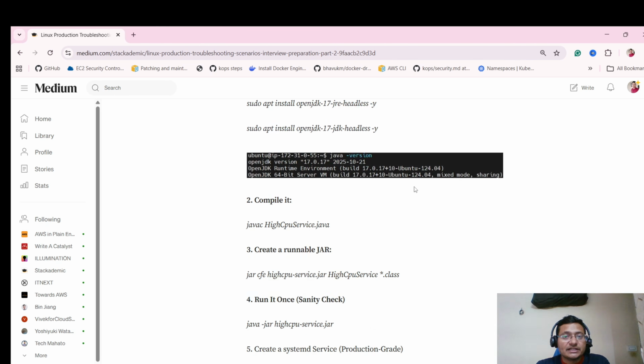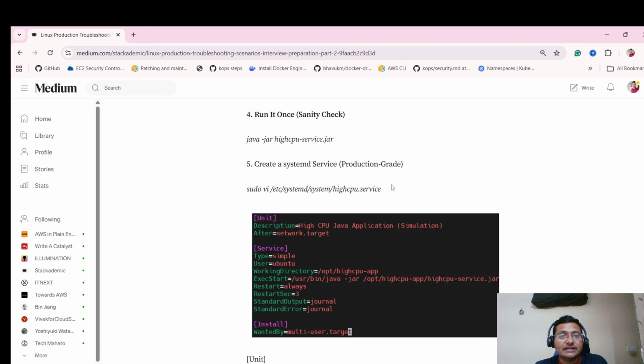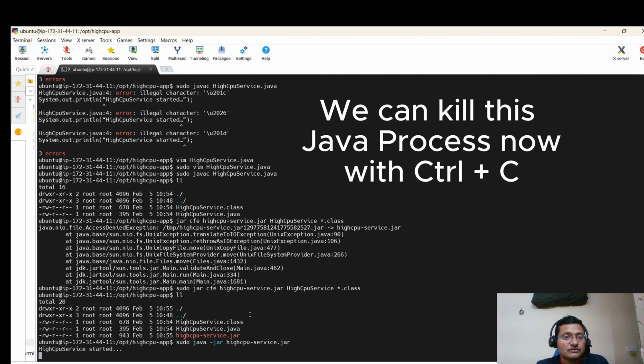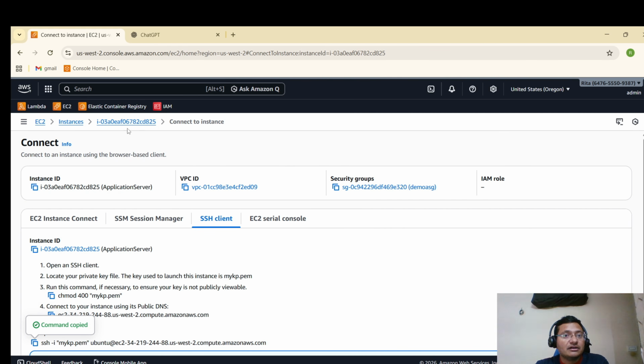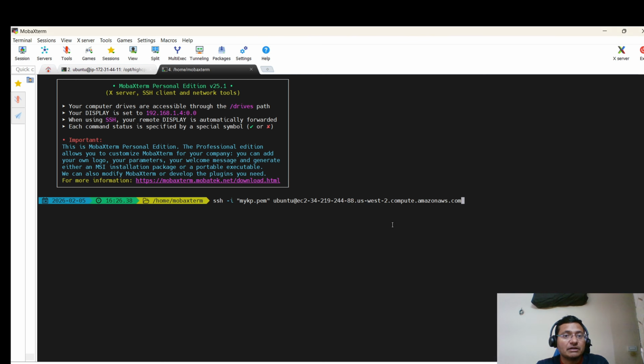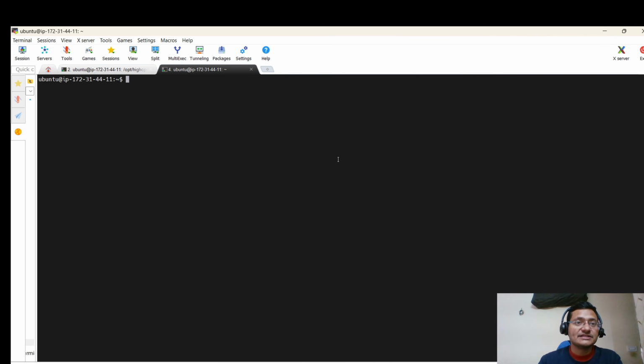So as I mentioned, after compiling and getting the jar file, starting the application, I'm going to run it as a daemon, which means that it's going to continuously run in the background. So for that, I'm going to perform some additional steps. In the terminal, I'll go to my AWS Management Console, and I'm going to copy this login command, and I'm going to open this machine in one more terminal, and I'm going to head back to the same